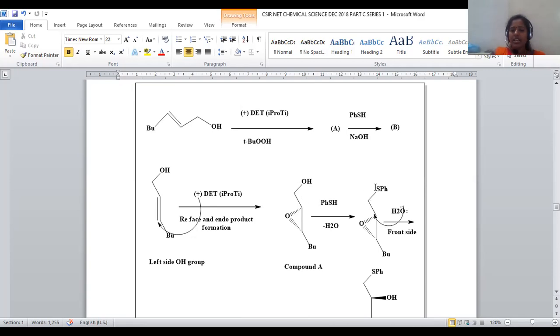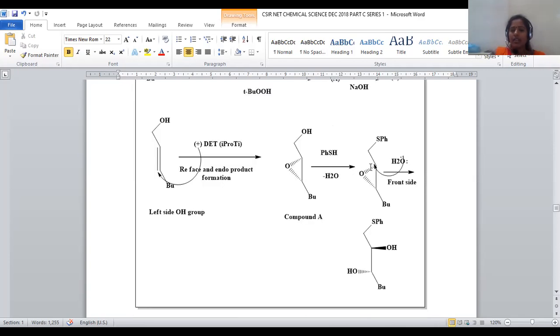Here, the attachment of PhS is possible at the center, and later, a water molecule will be added here. When the water molecule is added, the epoxide is already at the back side. That's why water is coming from the front. Backside attachment is possible, so that the newly coming OH will be from the front end. This is called trans hydroxylation. Always, an epoxide upon treating with water, that means hydrolysis, gives rise to the trans hydroxy compound.